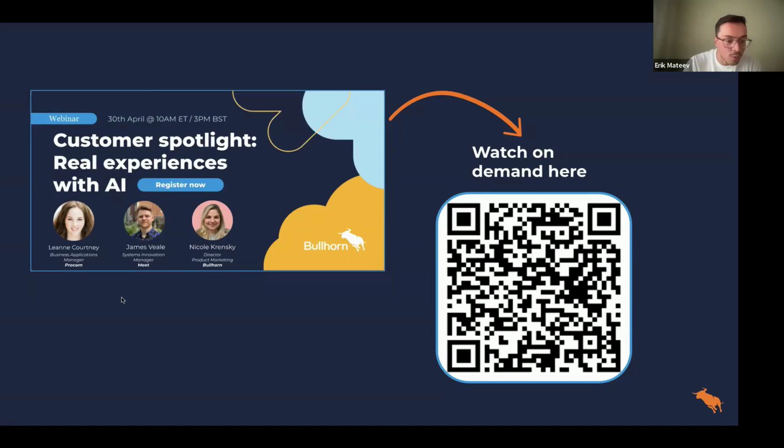Fantastic. Okay, we have time for one last question from Randy. What products do you recommend to use within Bullhorn regarding AI? So Randy, it very much depends on where you are in your digital transformation journey. What do I mean by that? If you're only using Bullhorn ATS and you're not using analytics or automation just yet, I would say look into those first, because these are key foundational technologies if you want to build and scale an AI strategy successfully.